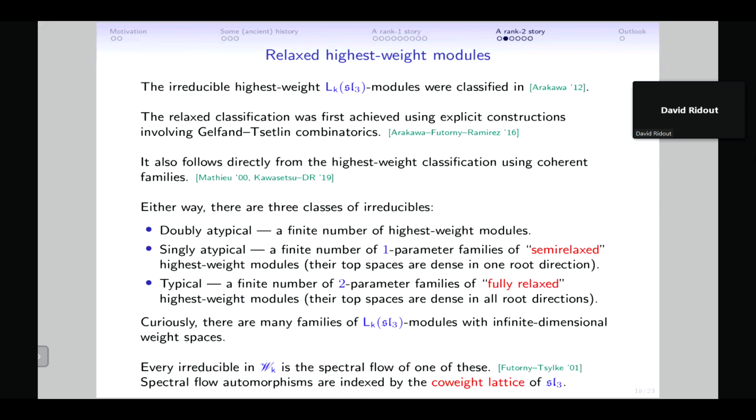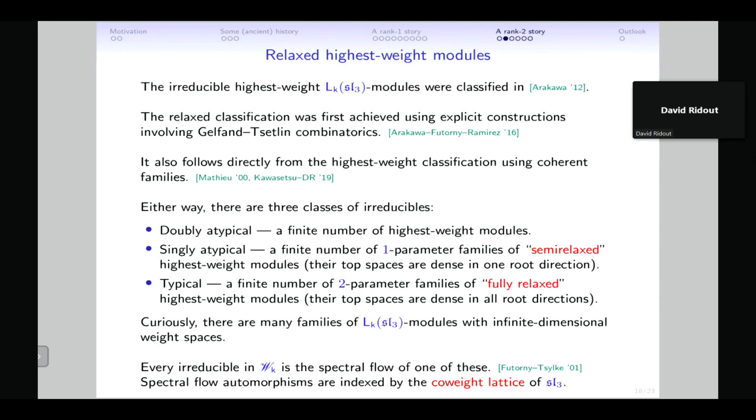But this is what I call a rank 2 story, because effectively we have two different directions in which one can relax. So if you think, the Cartan subalgebra for SL3 is two-dimensional, so instead of just having a one-dimensional picture for the top space, now you can have a two-dimensional picture. And so this means that you have three types of irreducible. You can have a sort of fully relaxed